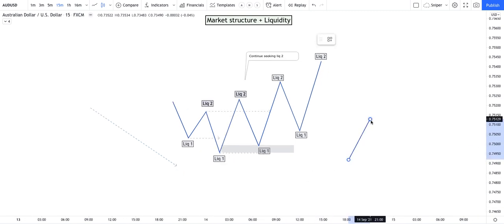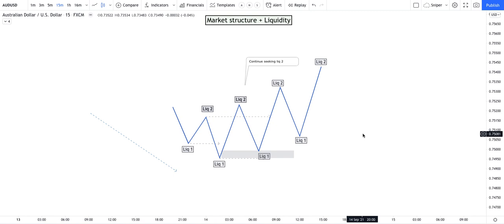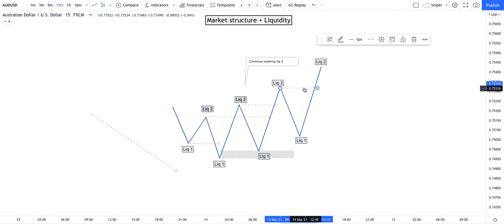If you see price moving like this, there's 1,000 different ways of why price can move that way, but just how I understand it and how I trade it is knowing that there's liquidity above those highs. There's liquidity above this high, liquidity above that high, and price is drawn towards that liquidity. And if liquidity 2 is in control, there's more liquidity towards the upside, then price will move higher. If there's more liquidity towards the downside,